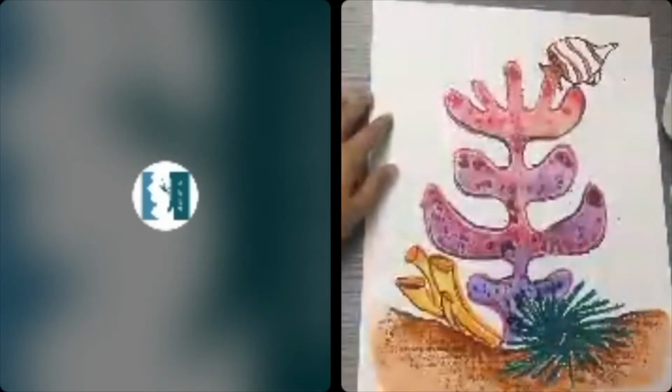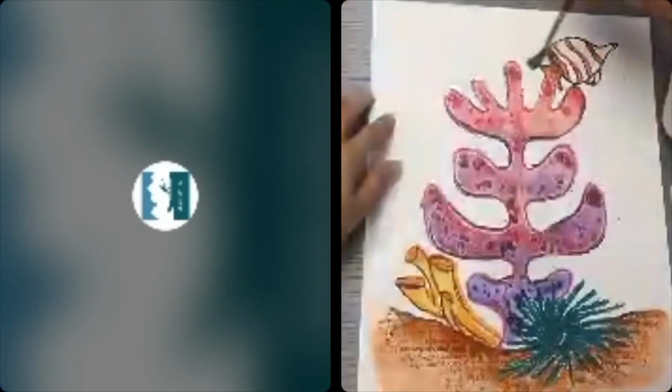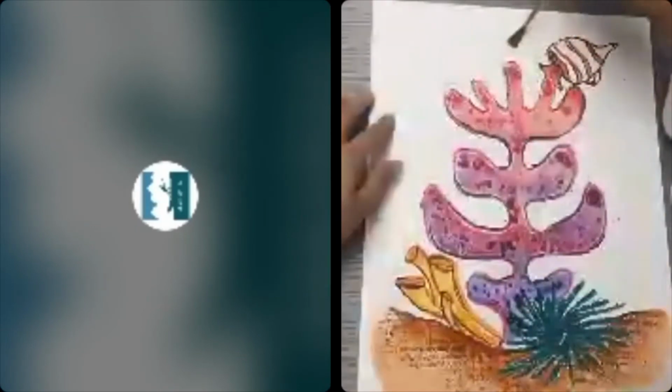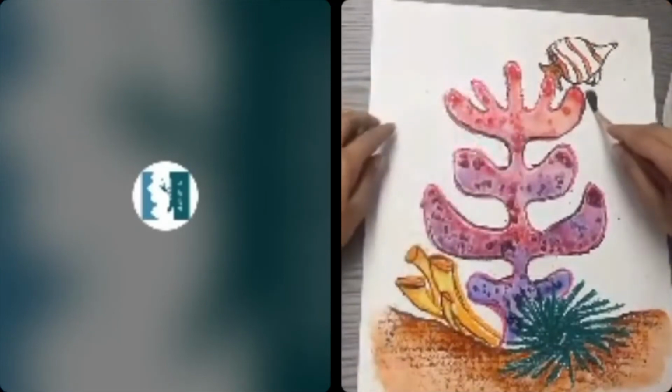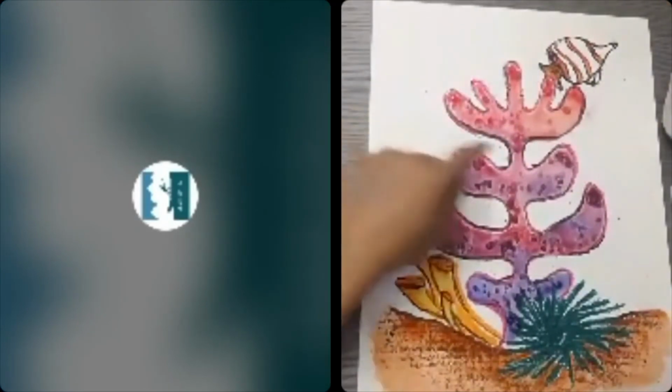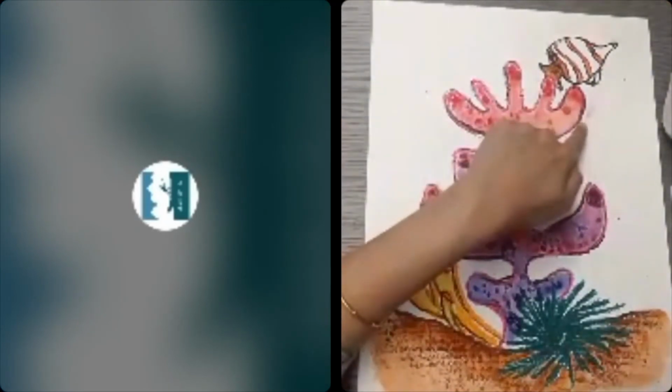We're going to do little blotches. As you can see, I'm doing a little bit of wet on wet. So just a little bit of water first, surrounding the fish, surrounding the coral, between the branches of the coral as well. So that's something that might happen. In case it touches a part where it's still wet, a little bit of it might come out.